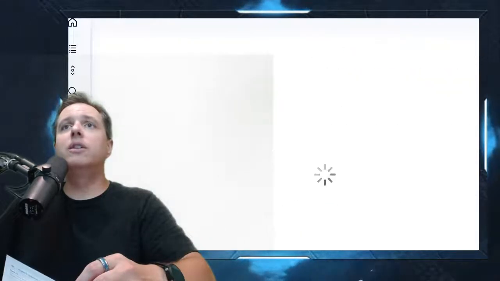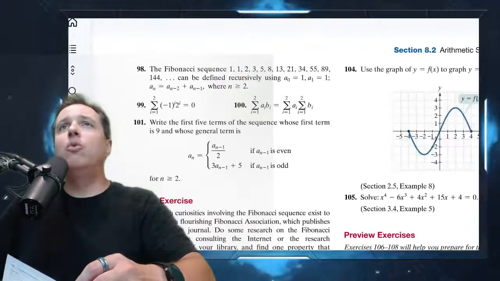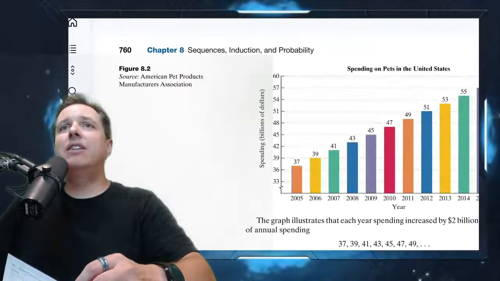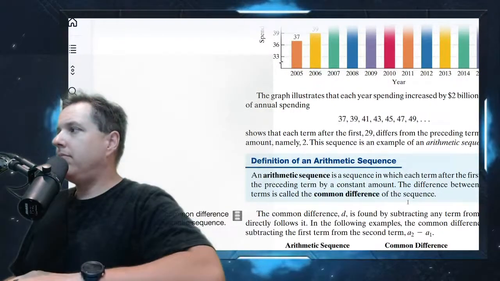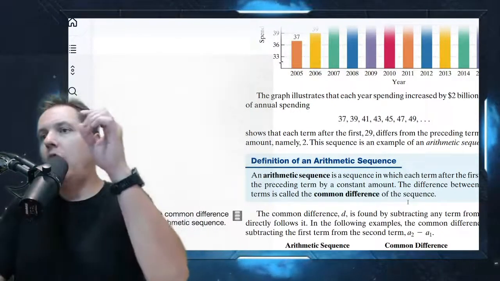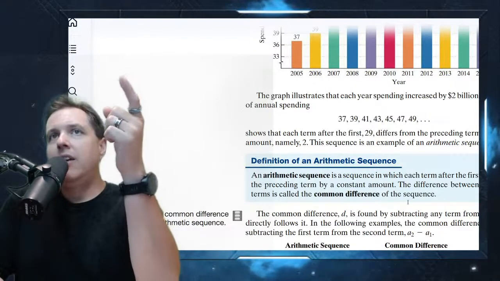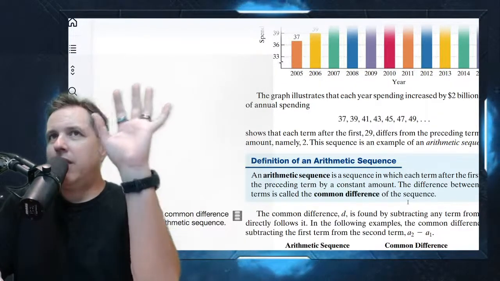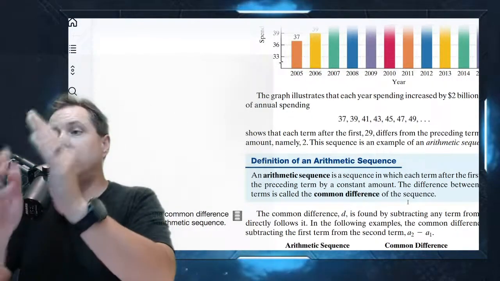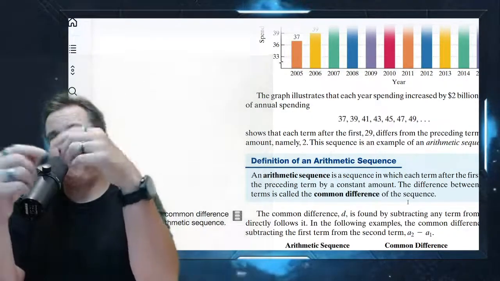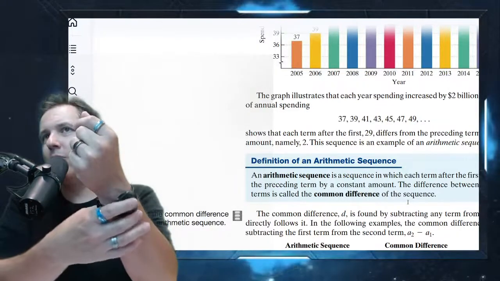So let's see, where's A2? What I'm going to say is this can get a little bit confusing. So before you do any problem in this chapter, always try to identify: am I dealing with an arithmetic sequence or a geometric sequence? Because the tools we use for those are separate. And then there's going to be a few different formulas for each of those.